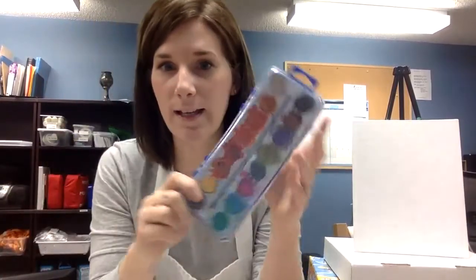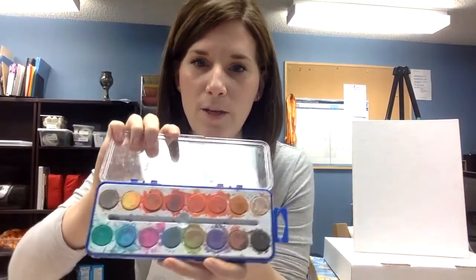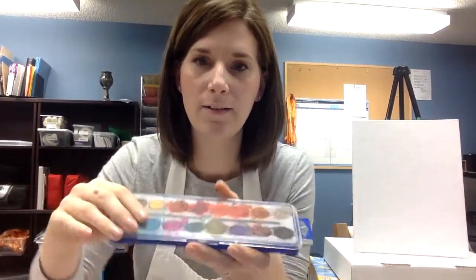I'm going to use paint today because I like to use paint. If you have paints at your house, you can use those. Maybe you have finger paints. But if you have crayons or markers, those will work too. Or if you have watercolor paints like this, where you make your paintbrush wet and then you make your paint wet, you can use